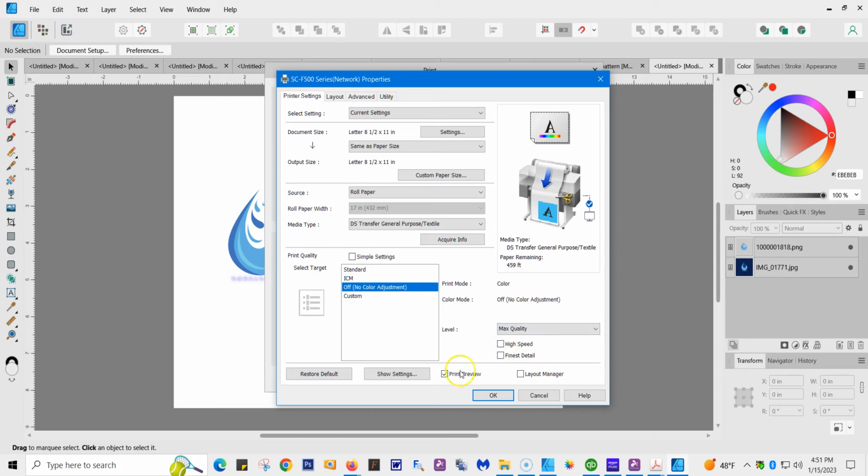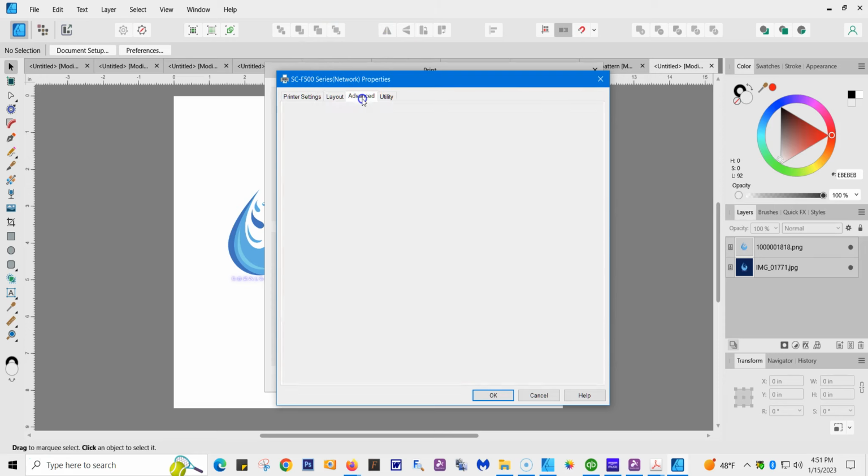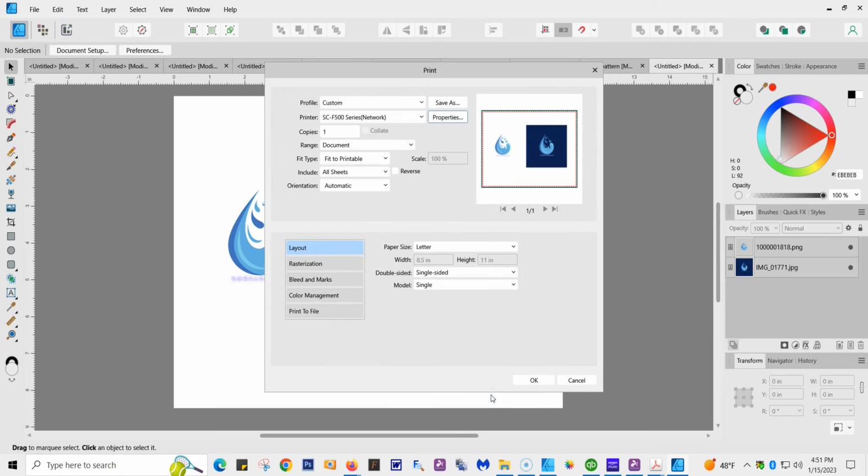You can. Print preview. On layout, there's nothing you do. On advance, normal cut, auto rotate, save, roll paper. Nothing else I do. And as you see, it's textile. That's my remaining paper. I've got a big roll. You hit OK. Now we're going to go down to the